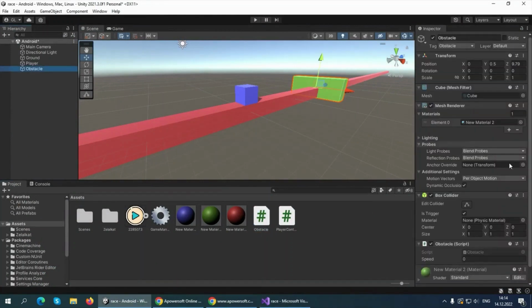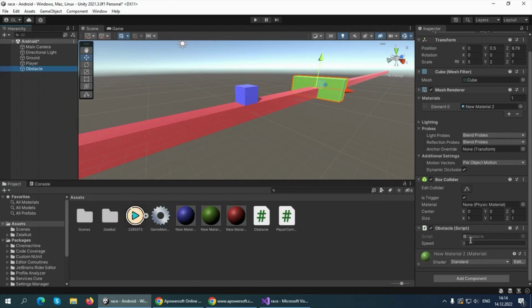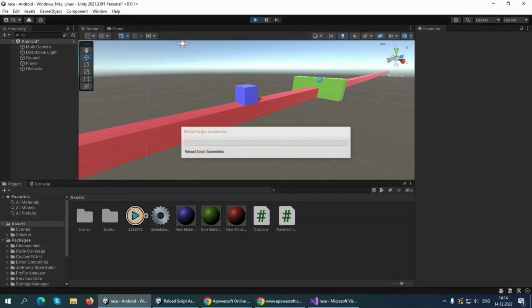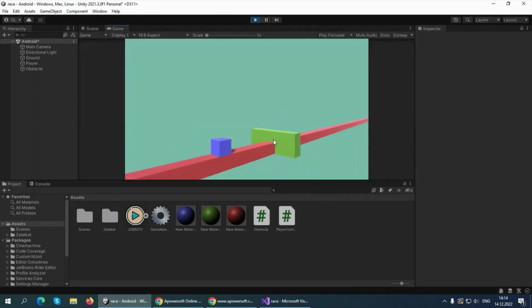Just click on the obstacle, scroll down, and you will see speed. Now we should make the speed a minus value, otherwise our obstacle will go forward and not in our direction. Let's press play and see if our obstacle moves to us. Yes, indeed, our obstacle moved